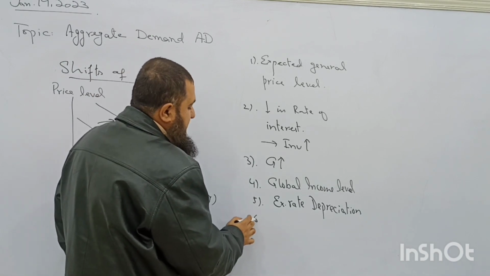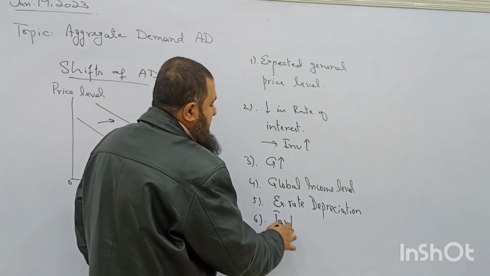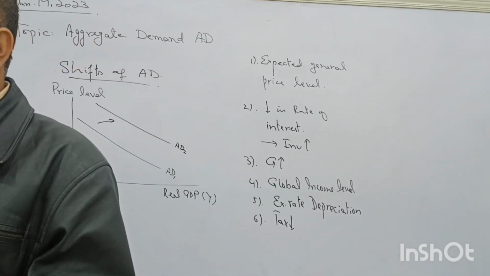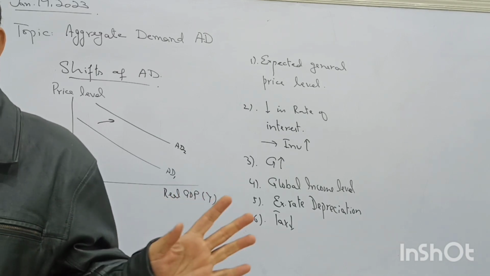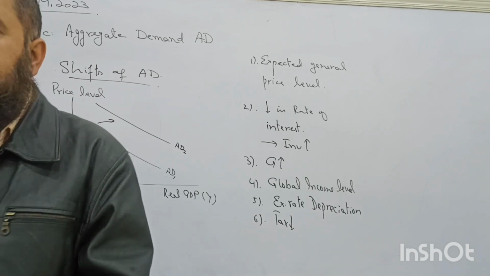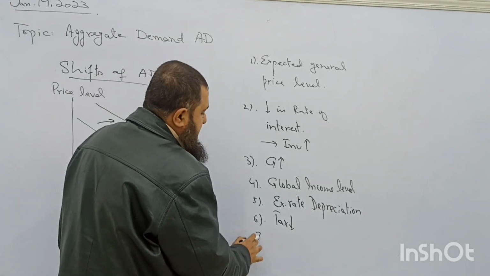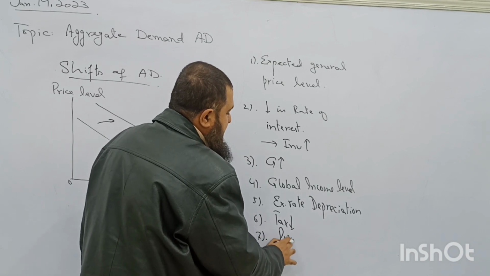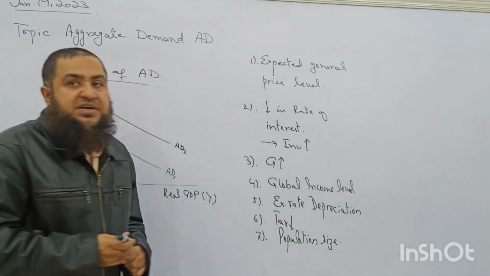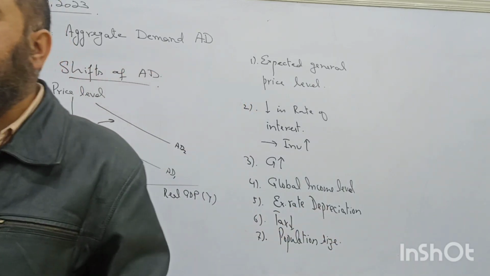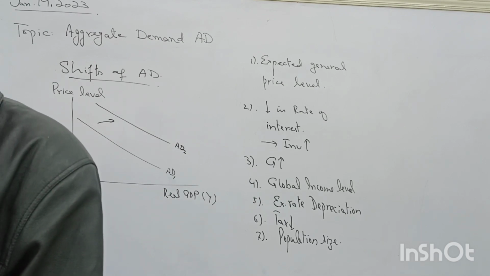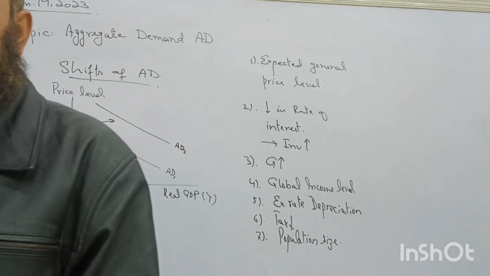On the other hand, can I say taxes? When taxes are falling, the government has reduced the income tax rate, so our disposable income will increase. Again, aggregate demand will have a rightward shift. Follow my points or not? Now, another point is an increase in population size over a period of time. After 10 years, 20 years, the size of the population of a country has increased. Therefore, the demand as compared to previous decades has also shifted rightward.